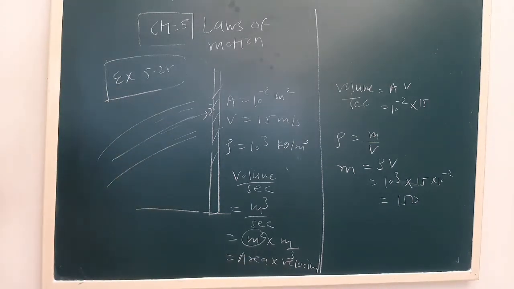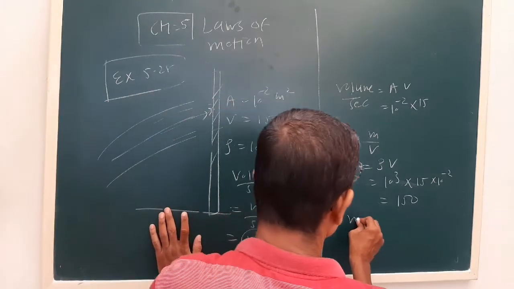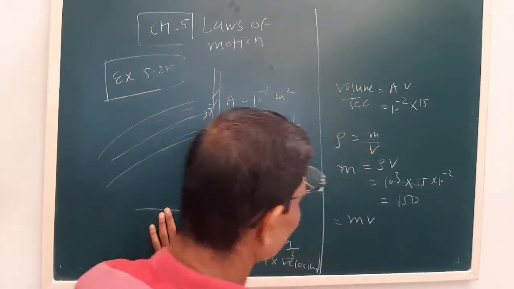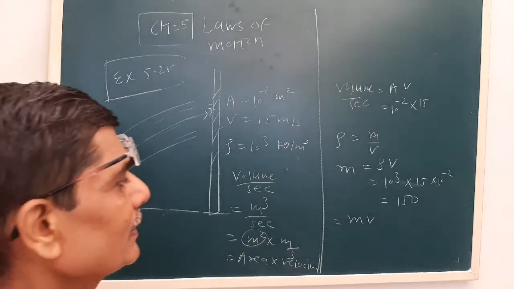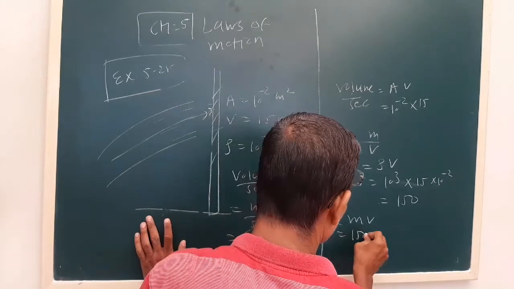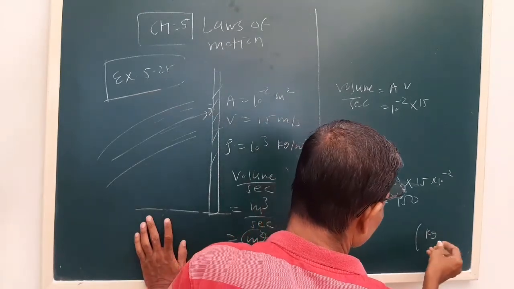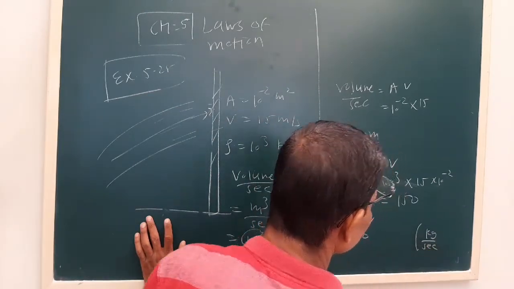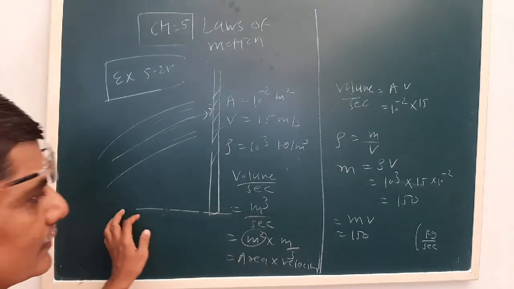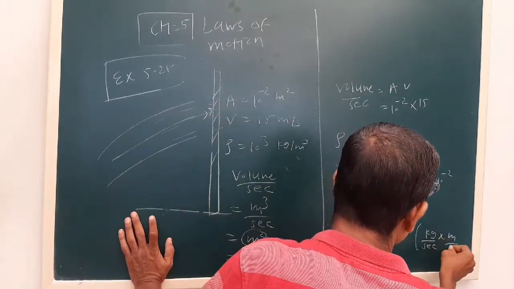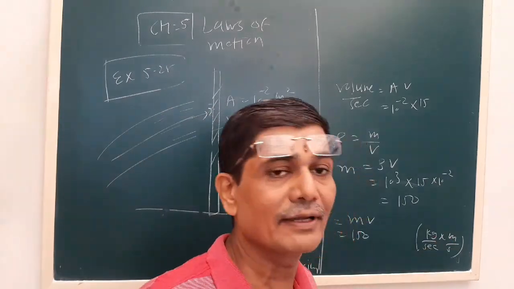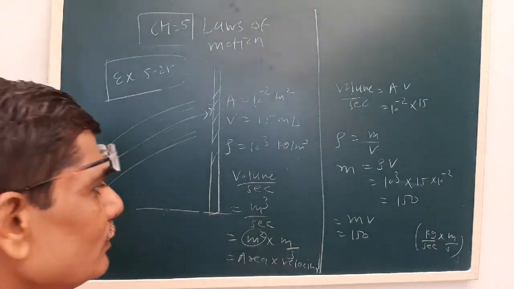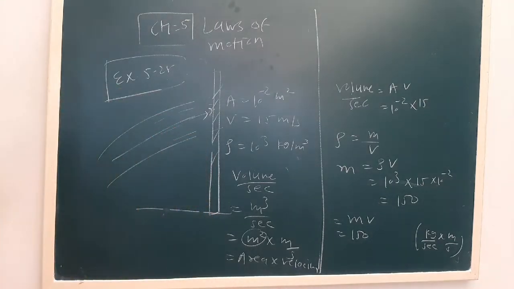Now see, momentum is mass into velocity, but momentum per time is force. So here mass is 50, actually kg per second, and velocity is meter per second. What we can easily see is kg meter per second square is Newton. That is the unit of the force. Velocity is given as 15 meter per second.